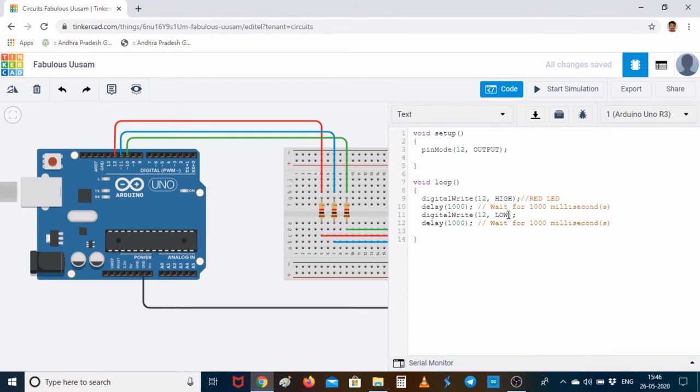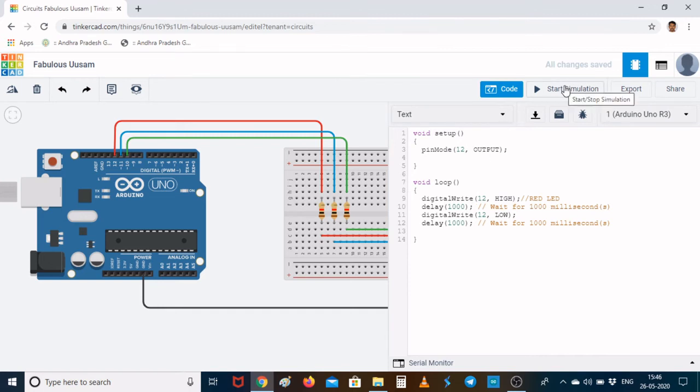And then immediately you are giving a low value to pin number 12, which makes the LED turn off, and it continues to be off for 1 second. As this has to run indefinitely, you can observe the red LED glowing and switching off with a time delay of 1 second. That is what we expect when we run the program.